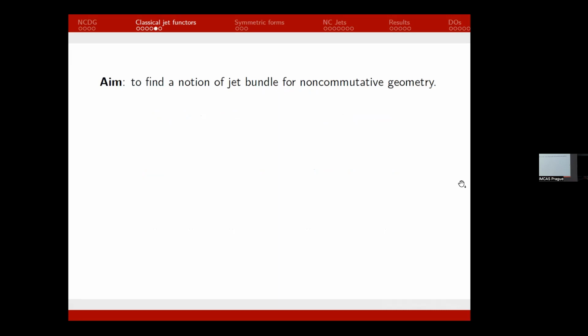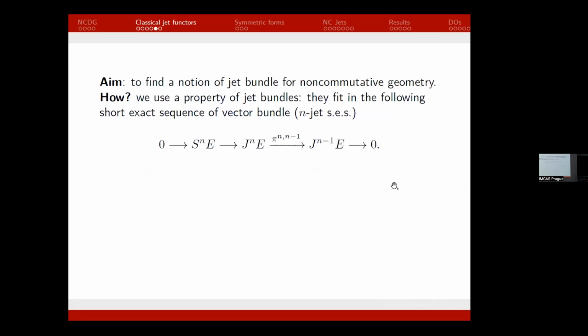Okay. So as I mentioned at the beginning, our aim is to find a generalization of the notion of jet bundle and jet functors to the setting of noncommutative geometry. And the property we use to do so is the following. Every jet bundle fits in this short exact sequence, where the map phi is the projection